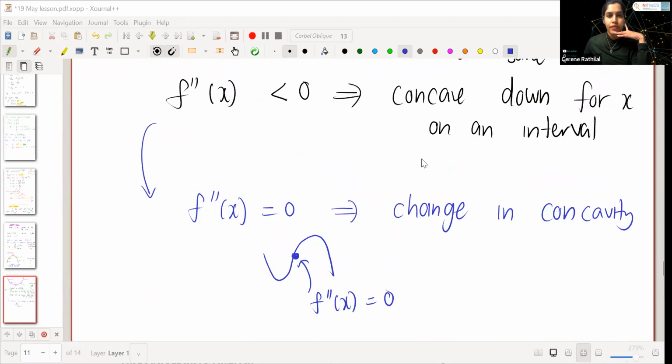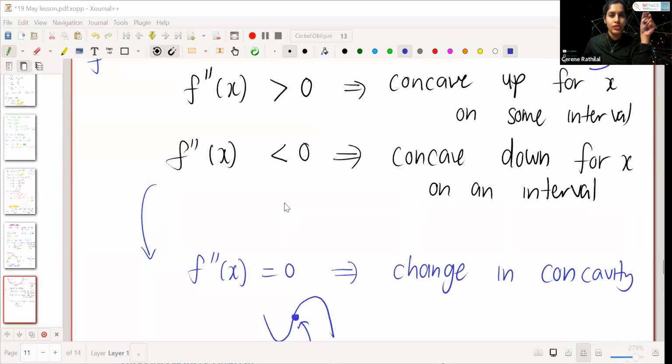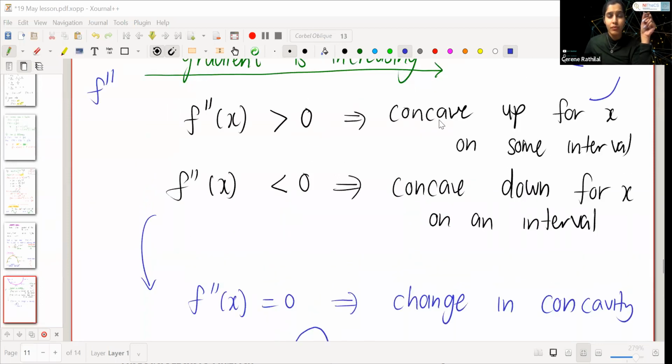So, all right, I think this is the last bit that I now have to explain, and that is the change in concavity is determined by finding x values when the second derivative is equal to 0. So here we see when it's positive, we've got concave up. When it's negative, we've got concave down. And so when it's 0, something else must be happening, and that's indicating to us this